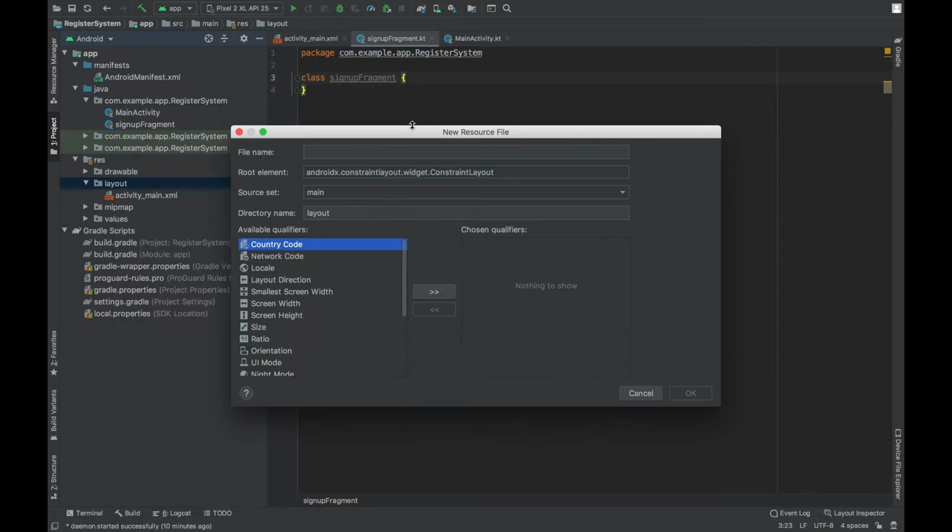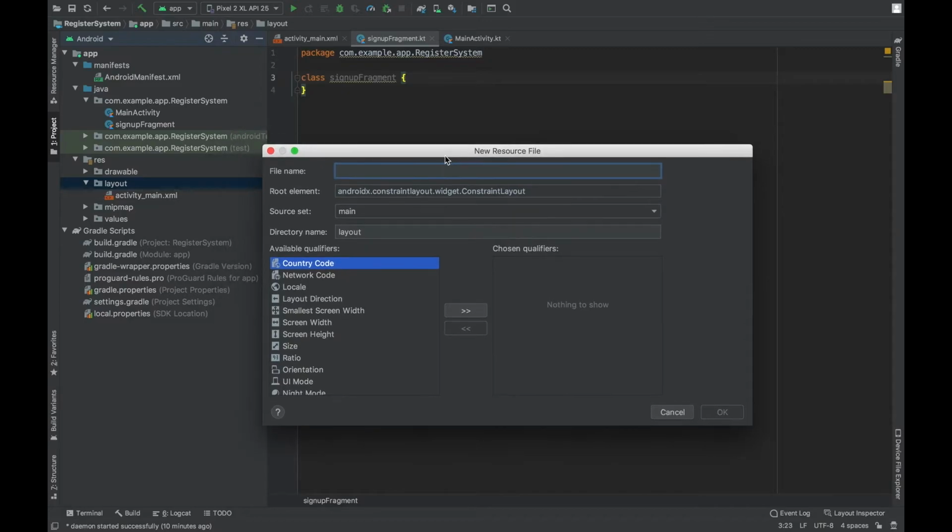Click on it and you will be having a menu to create a new layout file. We are going to name our file sign up fragment. You can't have spaces or capital letters in the names, so I am going to use underscores between the words.